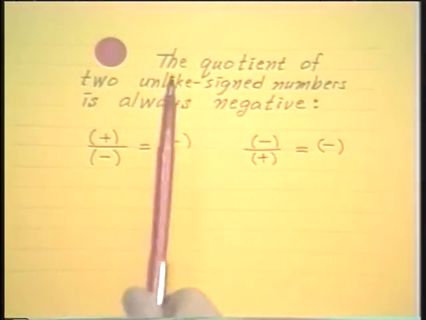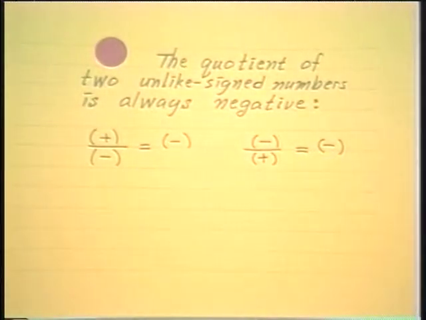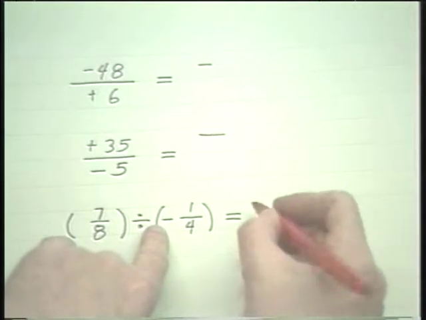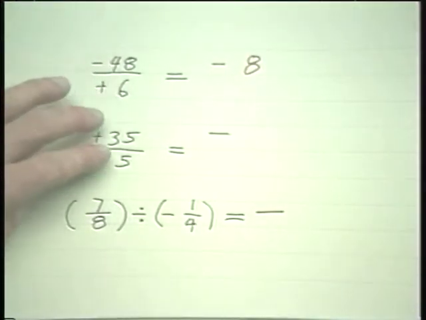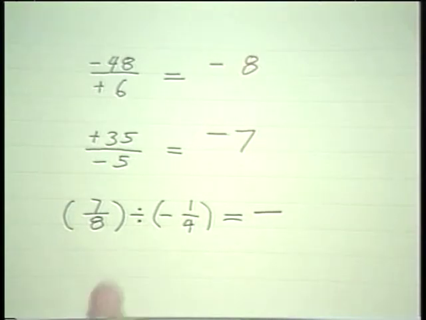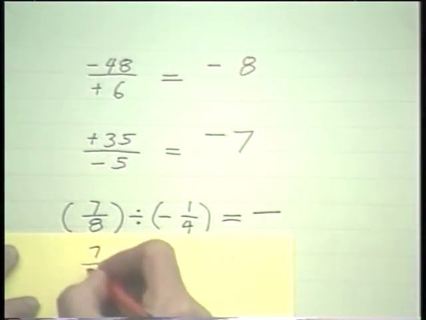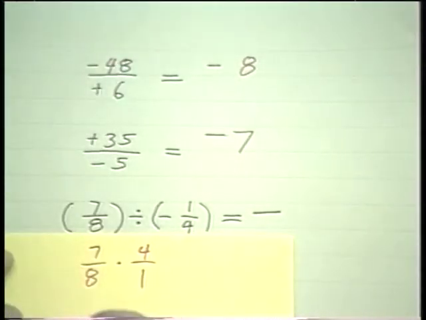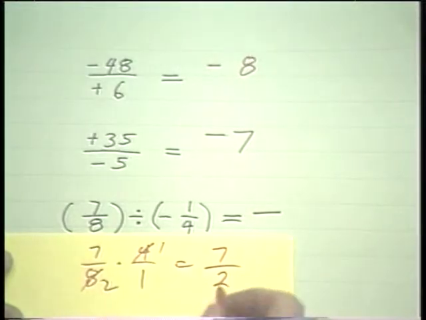And the second part of our rule, the quotient of two unlike sign numbers is always negative. So if you're dividing unlike signs, the answer is negative before you even start the arithmetic. Then you simply divide the absolute values, and in this case you have an arithmetic problem of fractions once you forget your signs. Back to just plain old-fashioned arithmetic. So you have 7/8 times the reciprocal of 1/4, which is 4/1. Then recalling that we can use the cancellation law, we get our result as 7/2, or if you prefer,